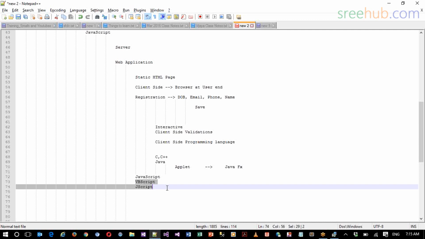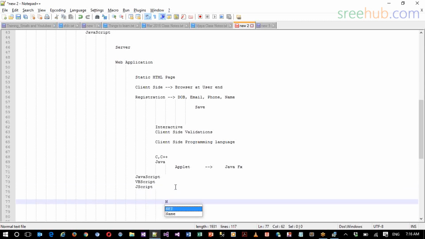That's the reason why we have JavaScript, which is a specification defined by Netscape. This Netscape specification is acknowledged by a huge software community called ECMA, the European Computer Manufacturers Association. They maintain